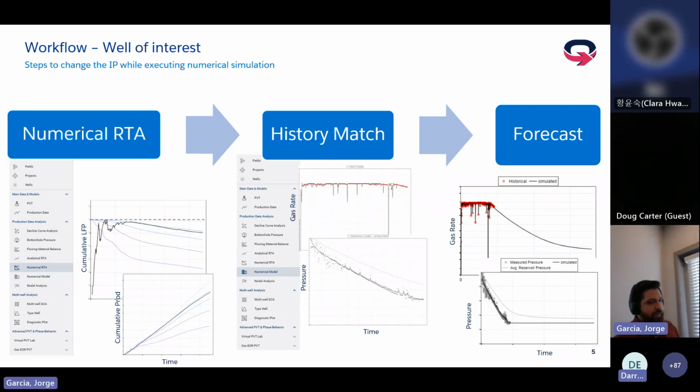Obviously, we try to do a classic RTA to get an idea of how the well is performing in terms of classical RTA. Then we use the same workflow to do the numerical RTA. We come up with our best effort to match the well. Once we have a history match that looks reasonable on both, and normally we do it first by pressure and then by rate,